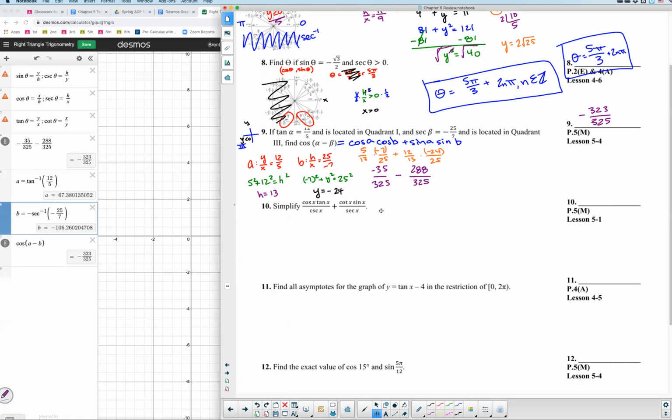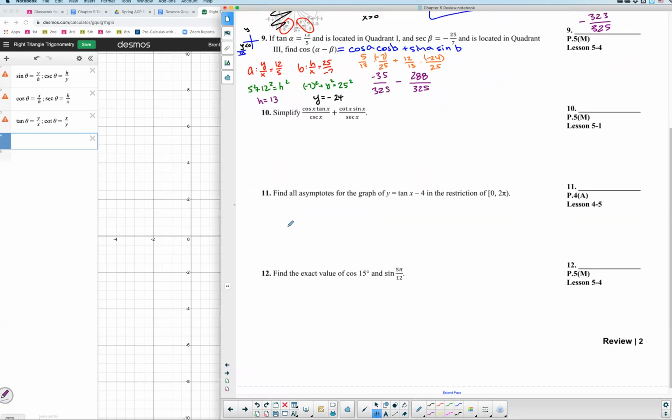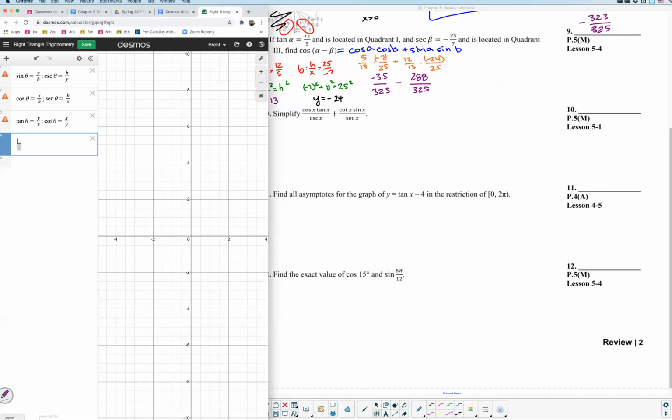Number 10. So while I'm on this, let's see if we can simplify this first in the calculator. I think this one might be easier to simplify in the calculator. And then we'll do a little SPOT OIL to solve this. It says here that we have cosine times tangent. Oh, I forgot. When you have two trig functions that are multiplying, in Desmos, you need to put parentheses around the x over cosecant plus cotangent